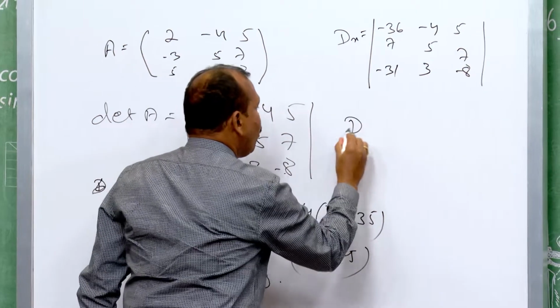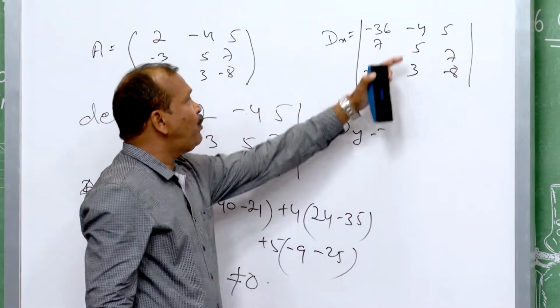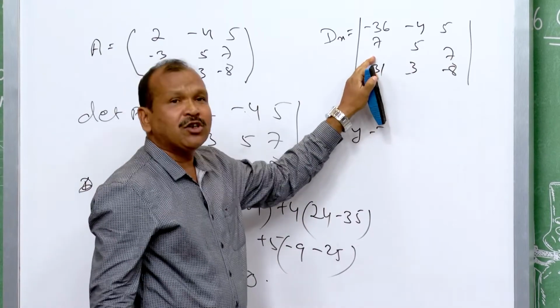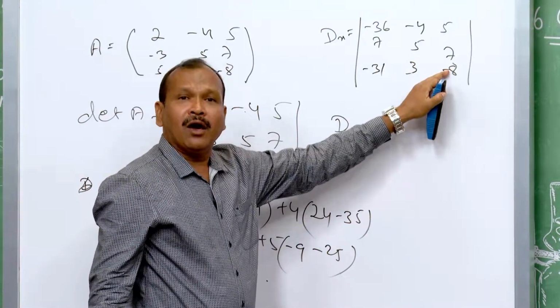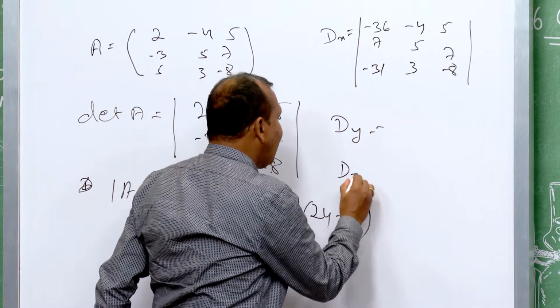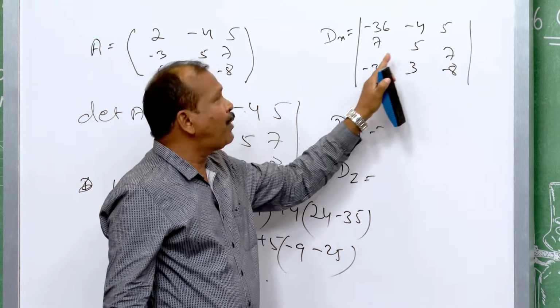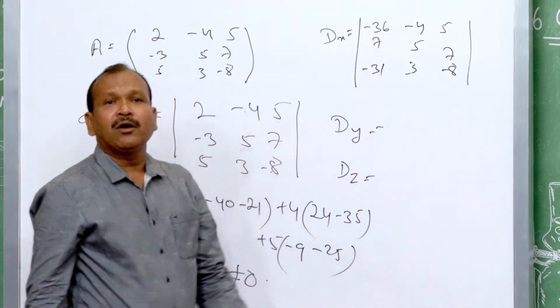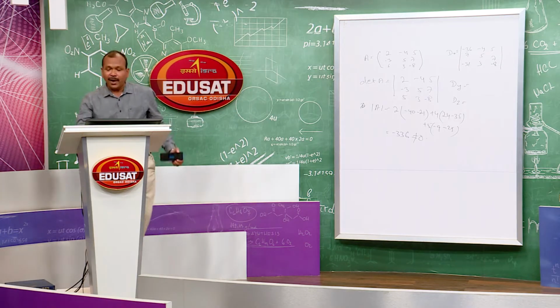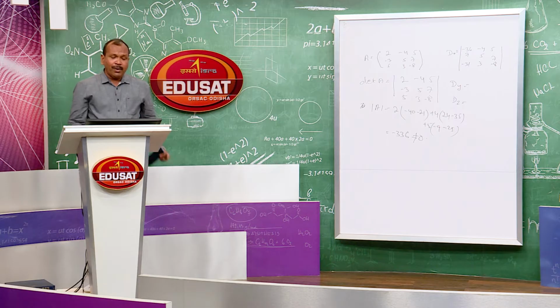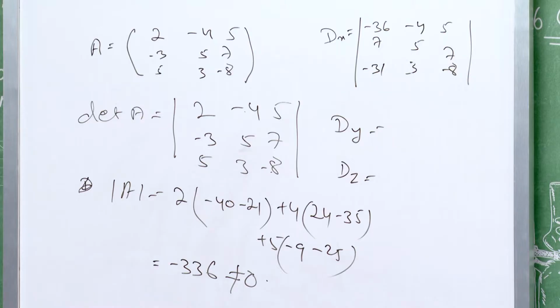Similarly, we can find dy by replacing the second column by the constants, and the first column and third column remain unchanged. Similarly, find dz by replacing the third column with the constants, and the first and second columns remain unchanged. Then we have the value of dx equal to minus 672, dy becomes 1008, and dz becomes